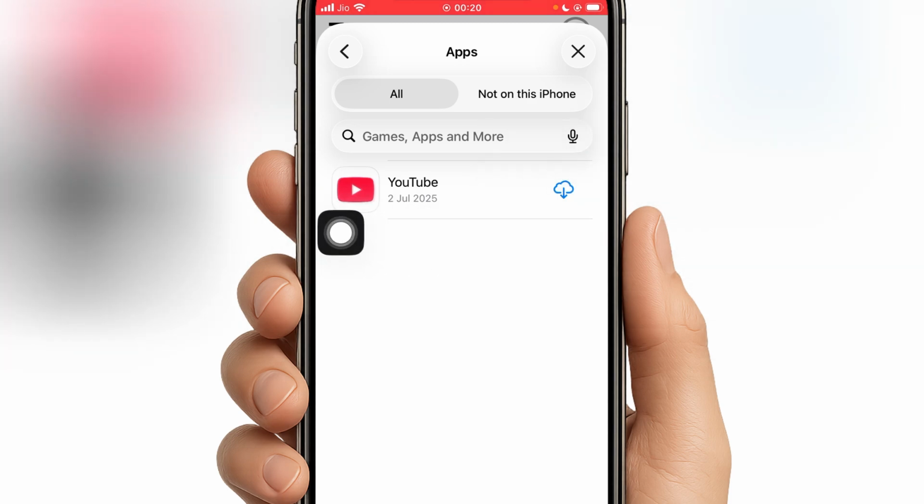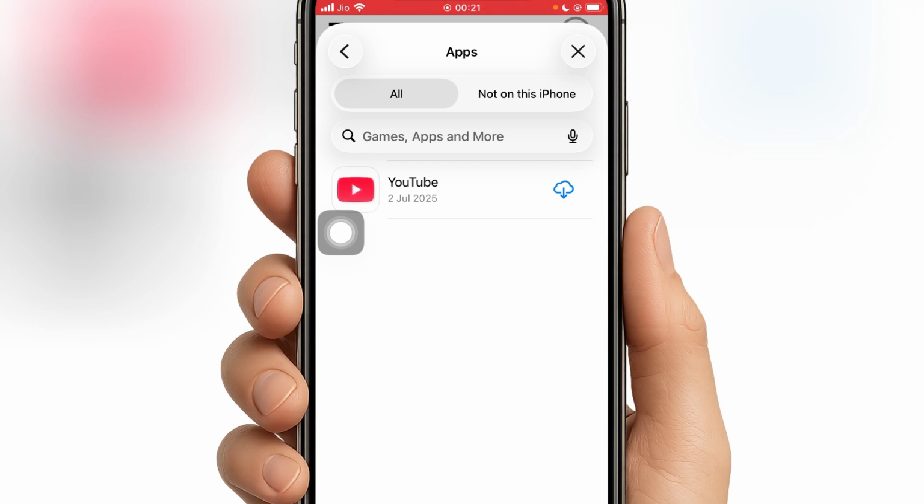Now how can you download the YouTube app on old iOS devices? First you need to borrow an Apple ID which already has the YouTube app installed, or a guy running the latest iOS version on his iPhone downloads the YouTube app, then you borrow his Apple account and log in with that Apple account on your old iPhone like iPhone 6s, 7, 7 Plus, any of these devices, in the App Store. Then you will be able to download the YouTube app on your old iPhone. Let me show you the process practically.